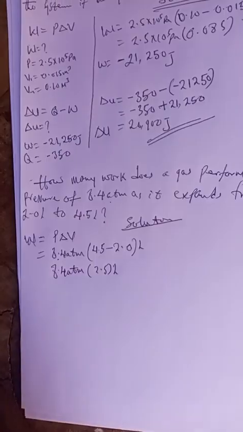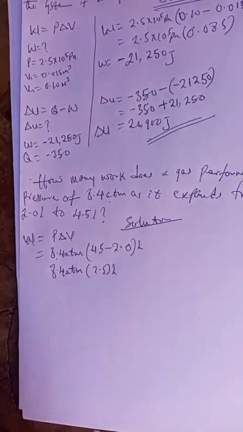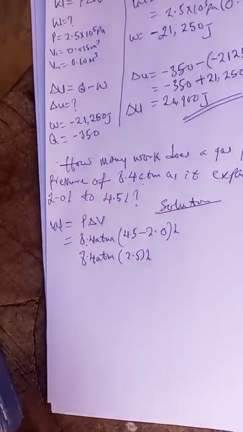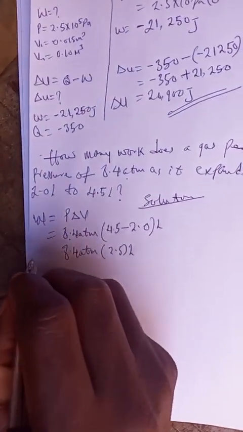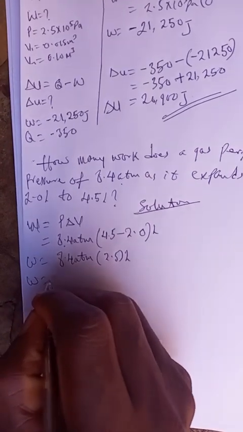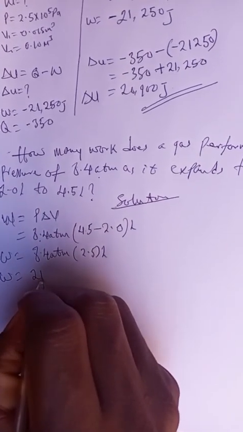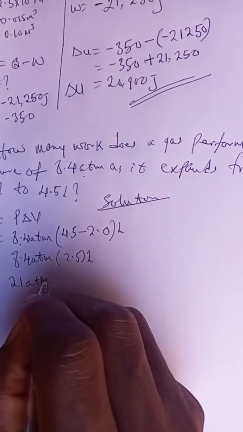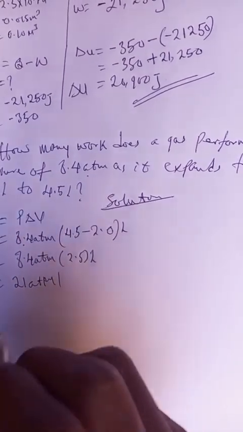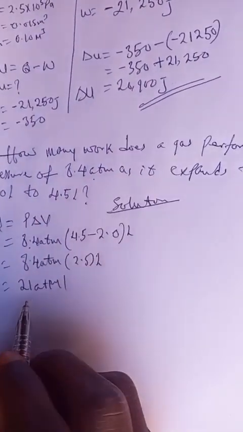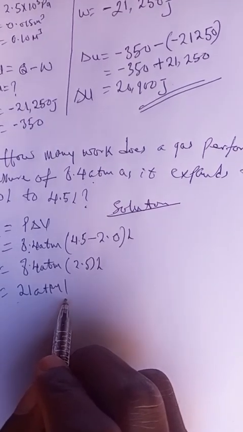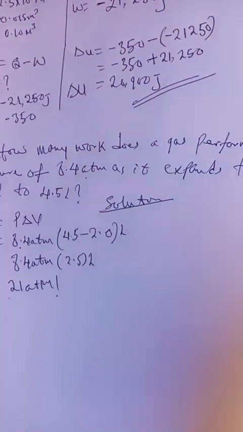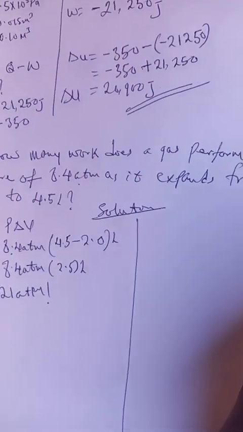So you have to multiply this now times 8.4. So you are going to have W is equal to 21 atm liter, or liter atm. So now you are to convert this one back to joules. If you want to do that, I just want to give you one conversion rate here, which is very simple. Just remember that